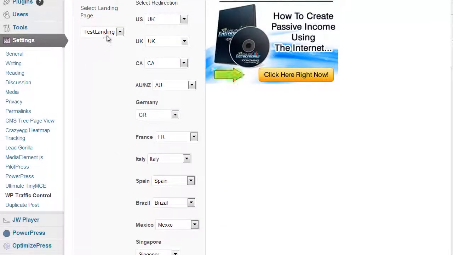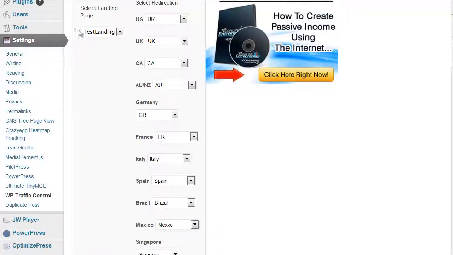Cool thing is, I've got another option here. Just imagine if you had a landing page. I'm just going to call it the test landing page. And if you send all your traffic to this test landing page... Now you say, well, Charles, but what if I have an ugly looking test landing page? I don't like using this or that or the other. Just don't worry about it. Just follow me for a second.